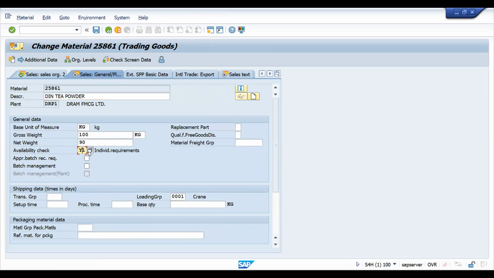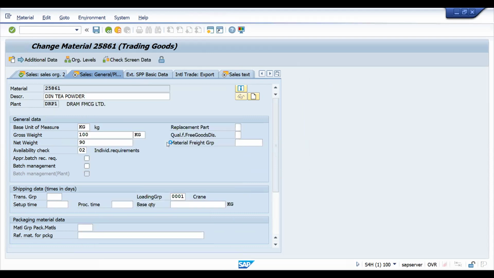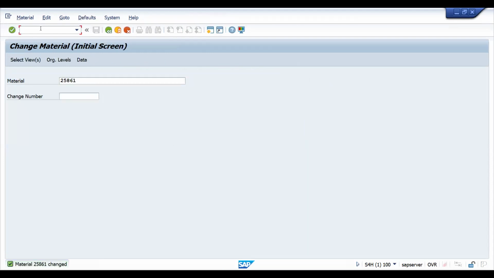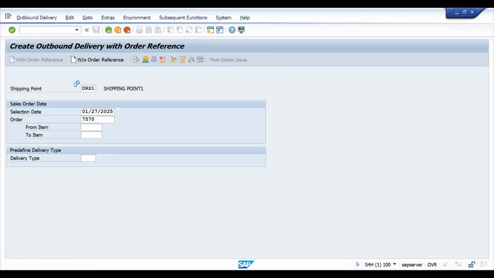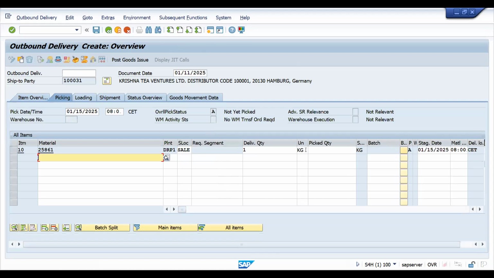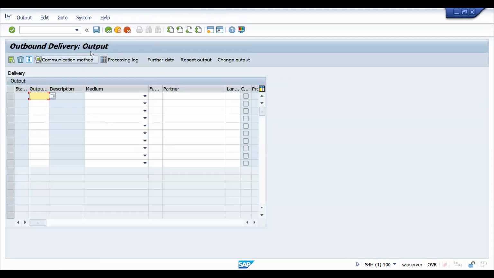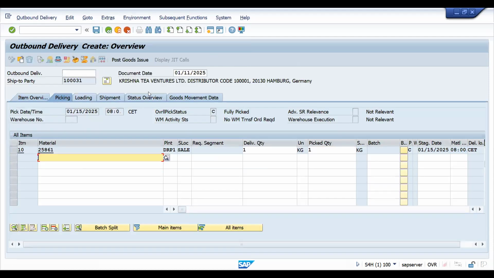So this one I'll just change it to standard. Actually, someone might be changing at item category level. That's why we're getting this one. It doesn't have any definition. What he's testing, we don't know. So now quantity is copied. This is fine. Let's come to the picking. So now go to the extras, and this is the delivery output we just maintained in header. Nothing has come, right? So let's try to check